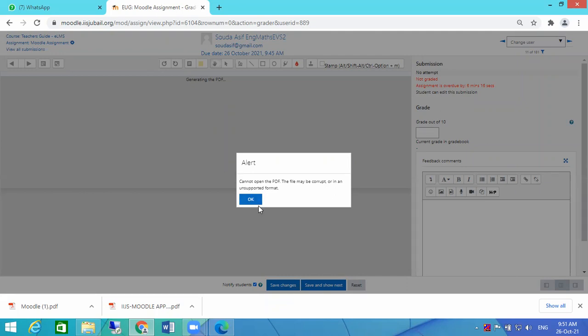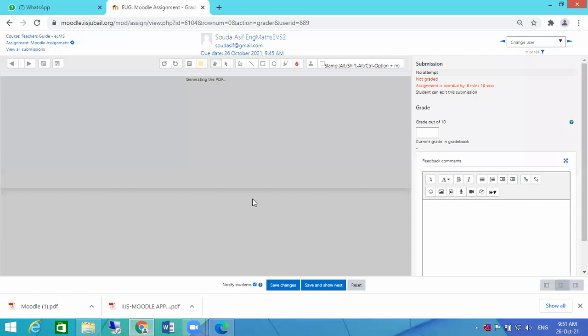That means the file which was attached will be displayed here. It will be displayed here, and also you can correct it here, and the same file will go to the student also. Okay, so I'll add it here, but I'm trying my level best to add that, and I'm unable to do it. So maybe it prefers a certain format. No, the PDF format only.